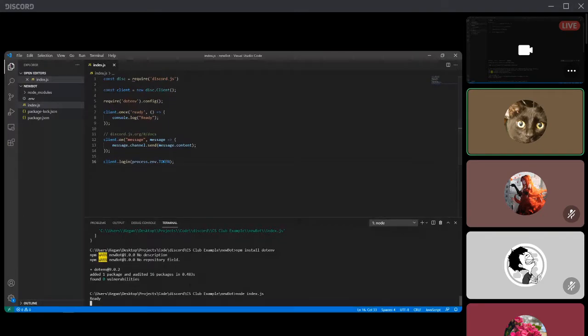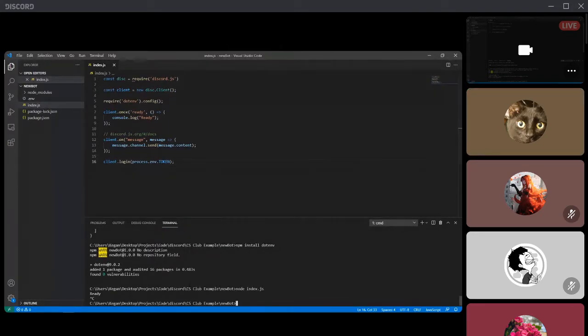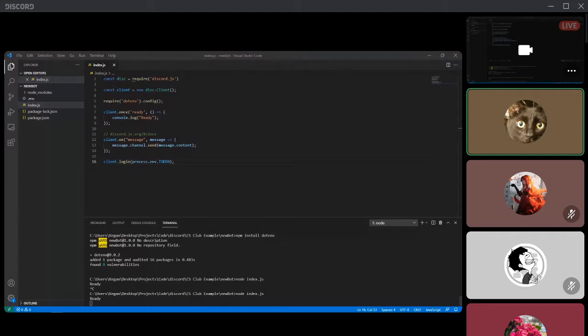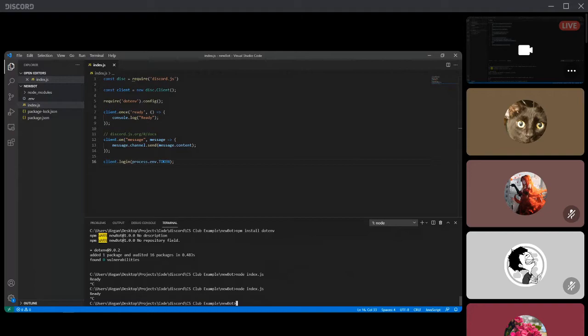Whenever you run the node process, it puts all of the code into a cache. I'll be opening up the attendance bot in like 10 minutes, something like that. Not all the way through, but most of the way through. Anyway, every time you run the file, the bot, it caches all the code. So if you want updates to be saved, you have to run it again. So let me run this, and then as you can see,